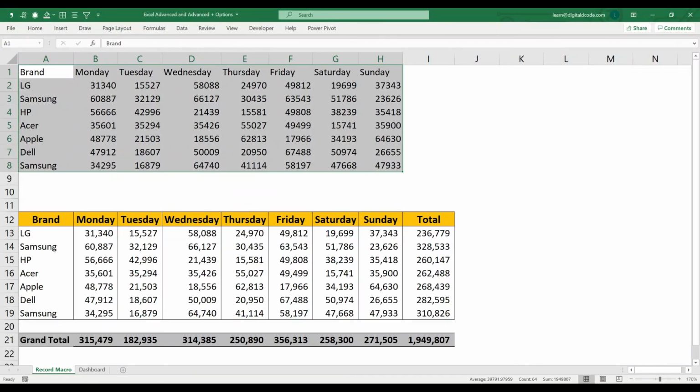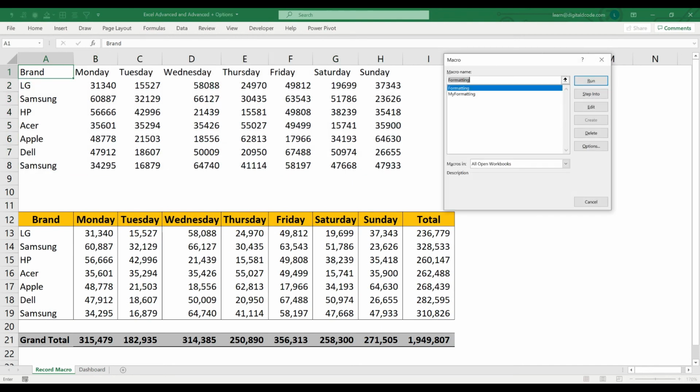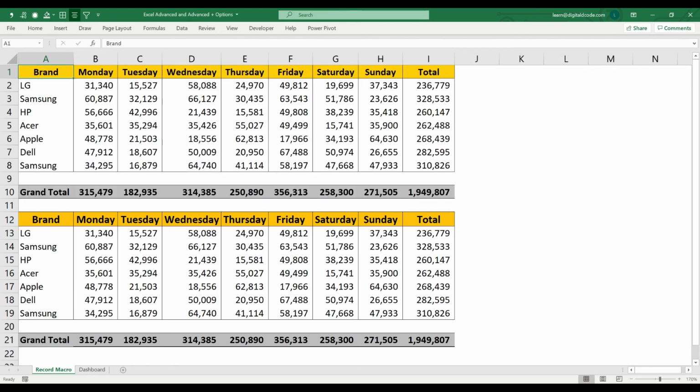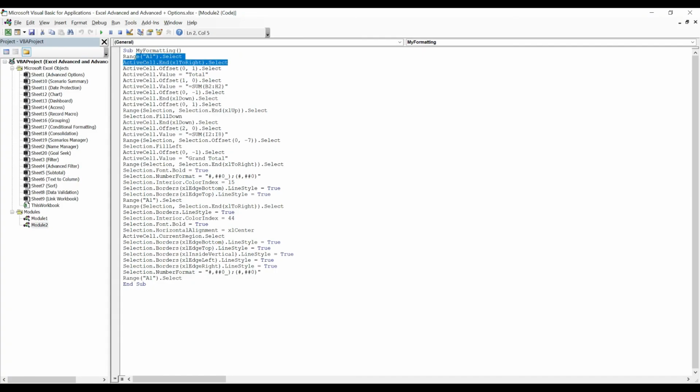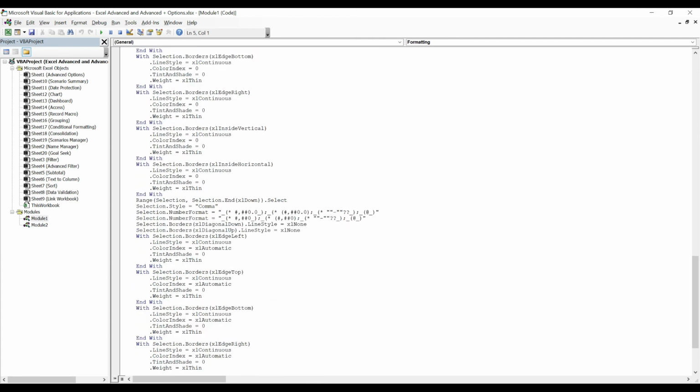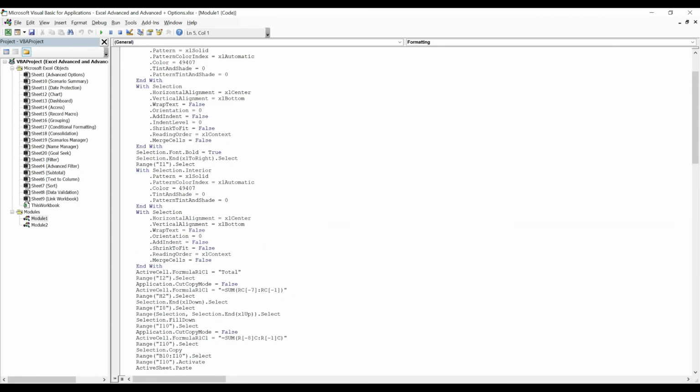So now let me go here, Alt F8, choosing the macro. I'm going to choose my formatting, not formatting, because this is what I created. Let's run and check. See, everything has come. So the main advantage of the coding which we are writing is each and every step has one line, and also in future if you want to make any changes, you can directly go and make the changes directly in the coding. But in this case, see, now I have these many lines, but the same thing if you see in the record macro, it is more than 200-300 lines to have the basic 20 to 25 steps.